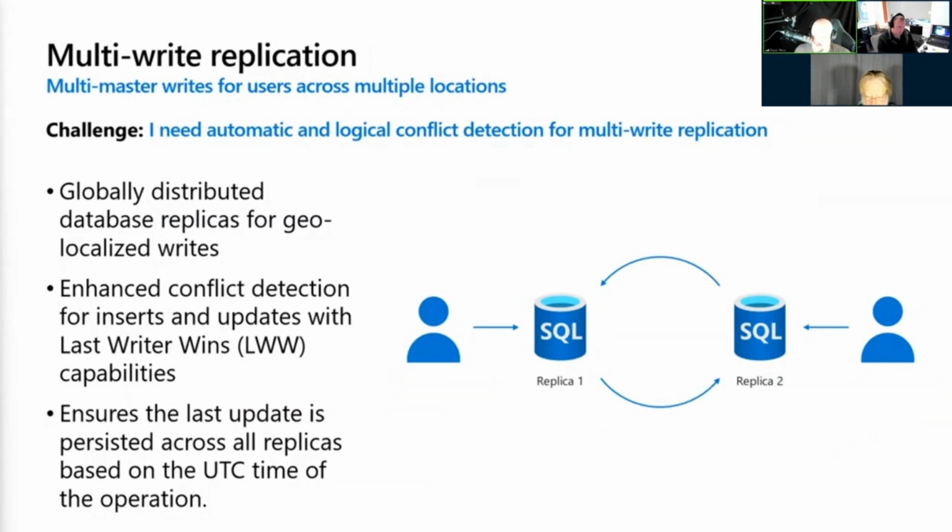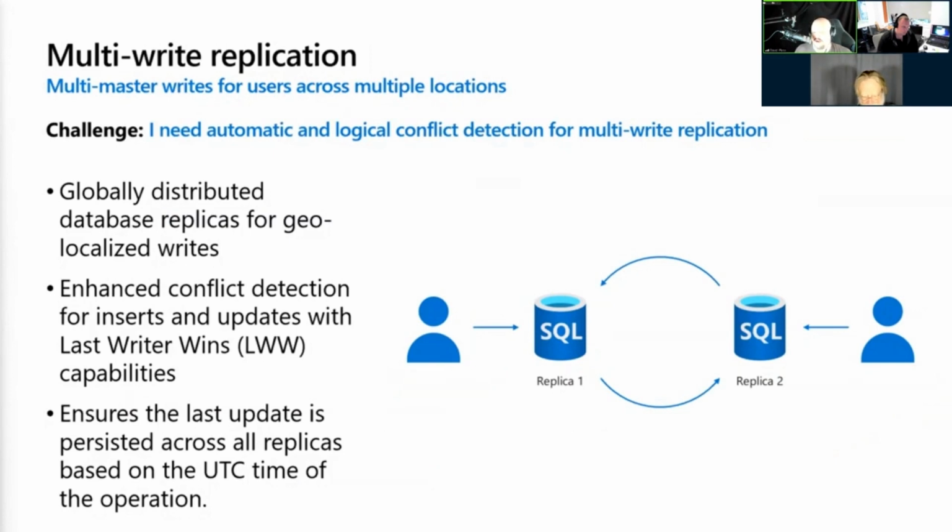Now, prior to SQL Server 2022, with peer-to-peer transactional replication, each peer is assigned an originator ID. When there's a conflict with multiple peers updating the same row within a small window, the peer with the highest ID would win, meaning the change made by that replica would be the one that would persist across all replicas. This may not be the desired outcome that you want, leading to unwanted updates propagating across the peer-to-peer deployment.